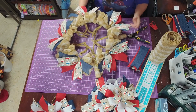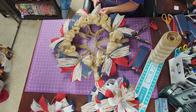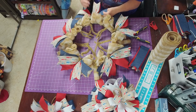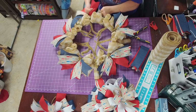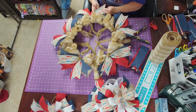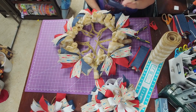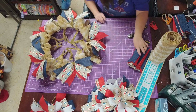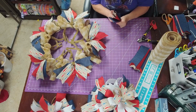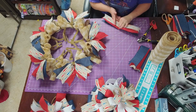I forgot to say I used 14-inch ribbon tails. We want big, fluffy. We want the ribbon to be seen, not hidden. So this will help that process as well, having the 14-inch tails. Sometimes I do 13 if I know that it's going to be hidden regardless. Sometimes that makes me make them longer. I'm fickle, sorry. So now, since the baskets were to the right, now the baskets will be to the left